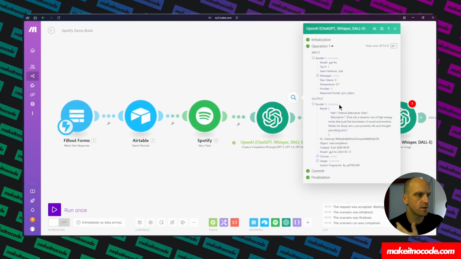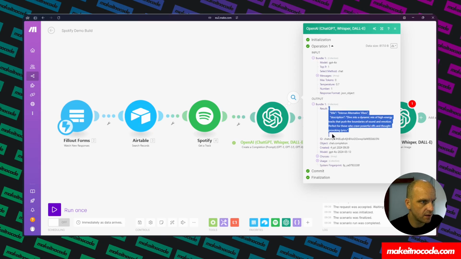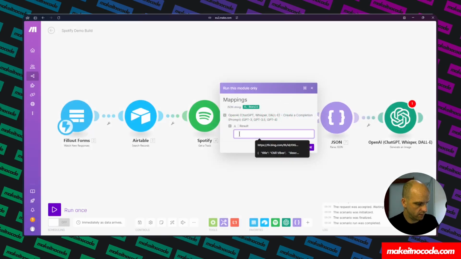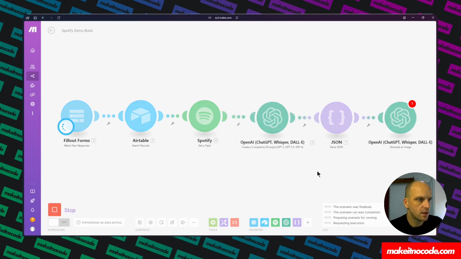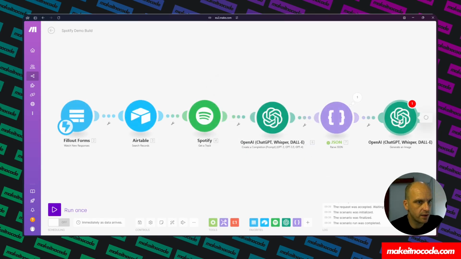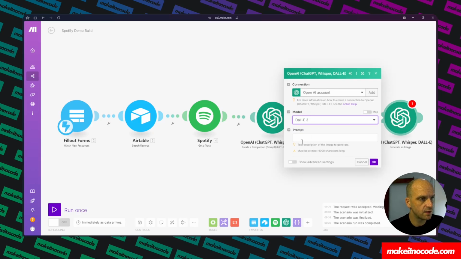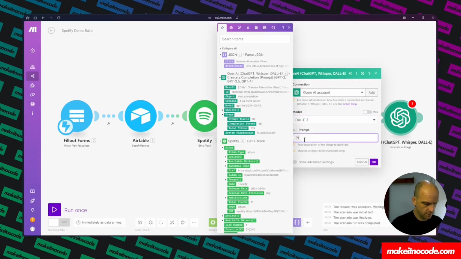There we are. So this is the output. You'll see that it gives the result as a collection, not a JSON. So if I pass this copy, we're going to run this module, passing through the collection. And you'll see now when I go into the OpenAI, we're able to say, let's go, please create